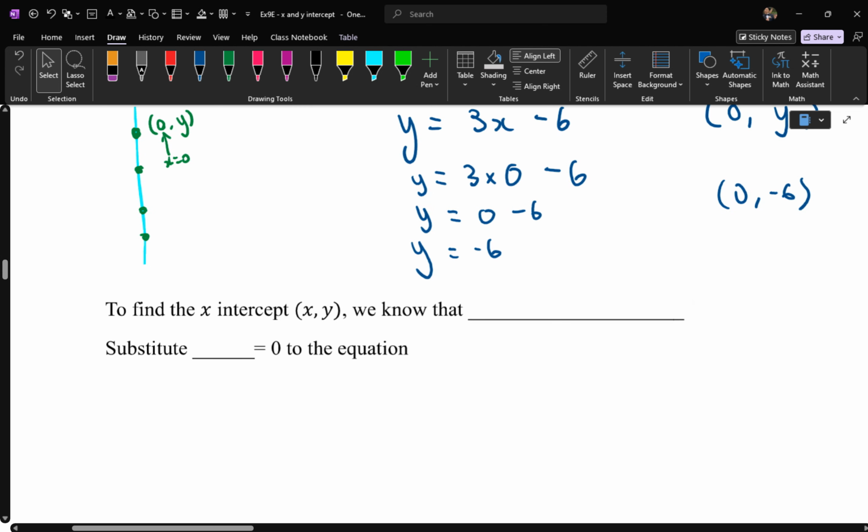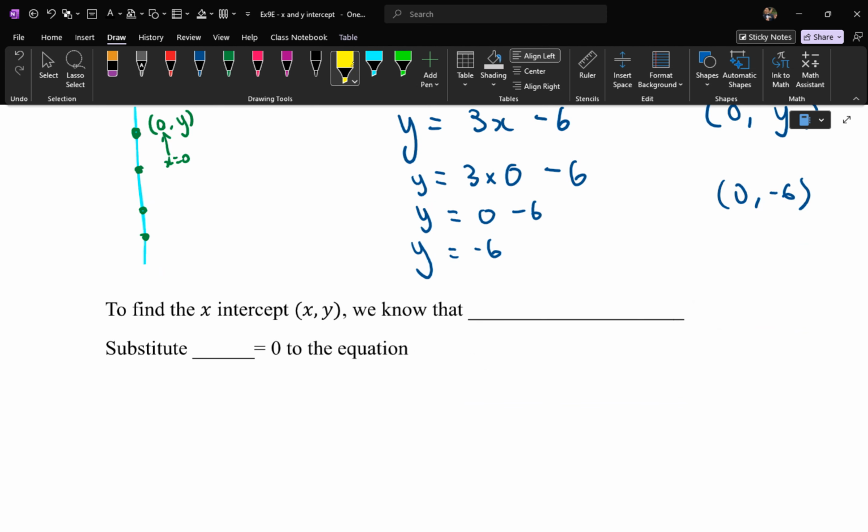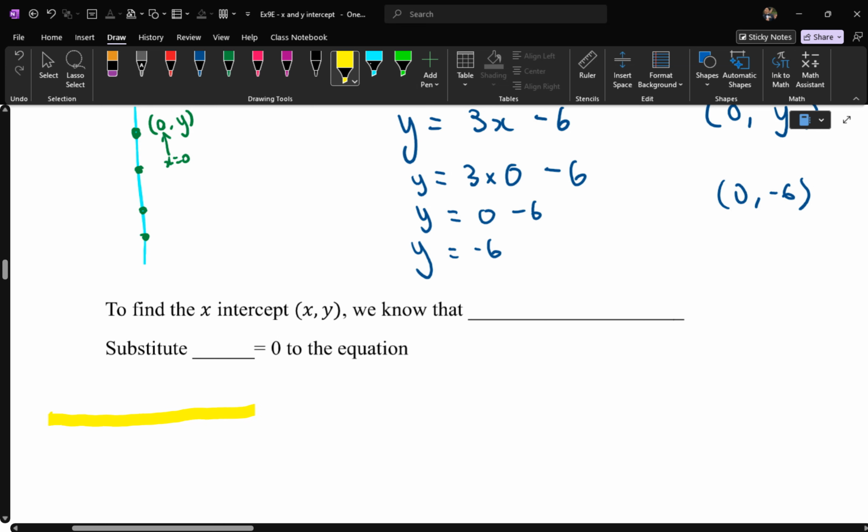Well, the x-intercept, same thing again. How do you find the x-intercept on the x-axis? Did you remember the pattern? Look at the notes again. What was the pattern every time you wanted it on the x-axis? What did you have to do? And remember, we picked (4, 0). We picked (6, 0). We picked (333, 0). The pattern was the y-coordinate